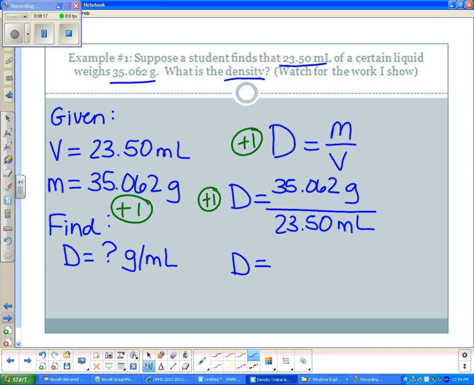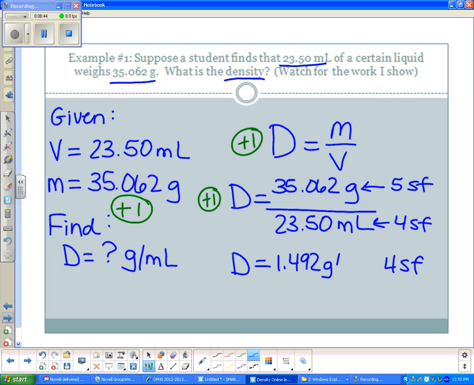How many significant figures does 35.062 have? It has 5 sig figs. And 23.50 has 4 sig figs. So for our answer, we're only going to be able to have 4 significant figures, which gives us